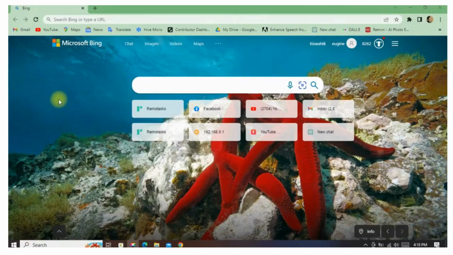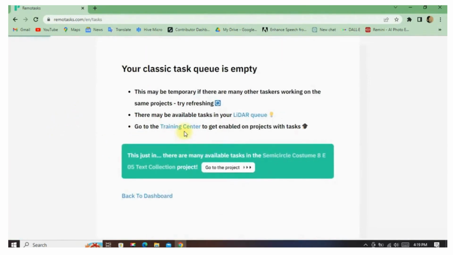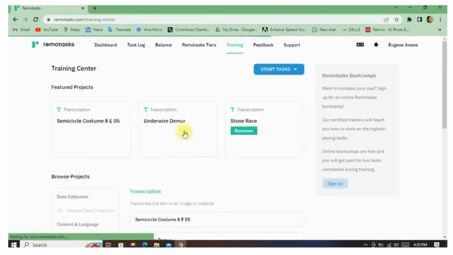So why are there no tasks on your queue, or an empty queue, as you may know, on Remotasks right now? There are a lot of reasons why your task queue may be empty. We'll start by explaining that you see a lot of people just opening Remotasks, opening and closing because there are no tasks, but they're not going to the training center. So I'll suggest that you should visit the training center in Remotasks and try to do some